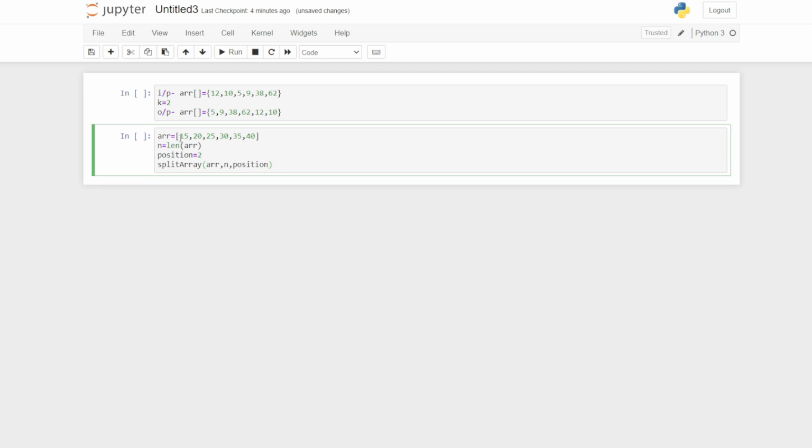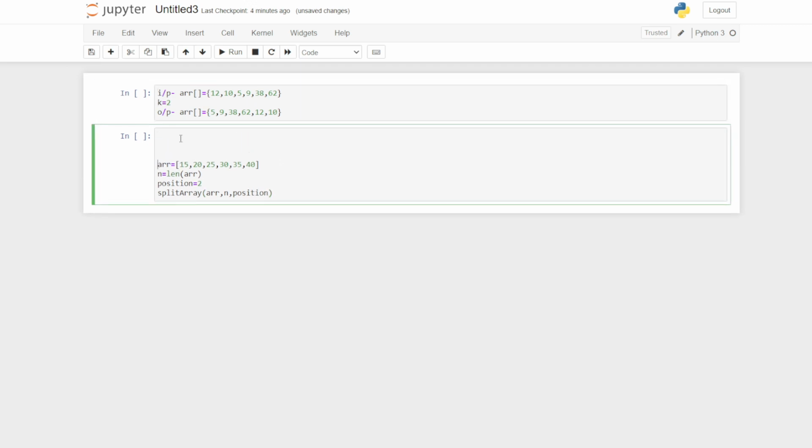Now let us write the code for the function. We may already know that the code for the function should be before the main function. Now let us define the function. For that we will use def split array and then receive the parameters here, that is the array, the length and the position in k.